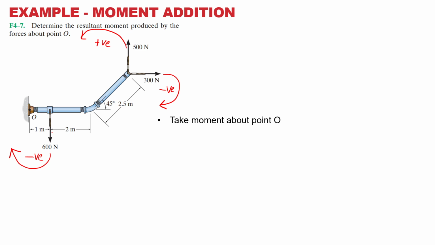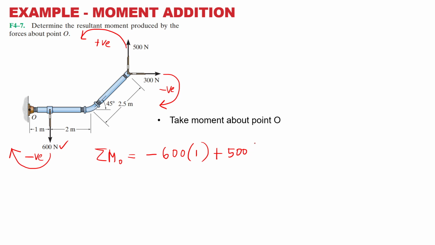Okay, let's start. When you start, always start with something simple, right? Okay, moment. Summation of moment at O. O is here. This is your 600. This is negative. So, negative 600 kali 1 meter. Done. So, this one is done. Next. 500 kot. Ini positive. Yeah. So, this one is a positive. Plus